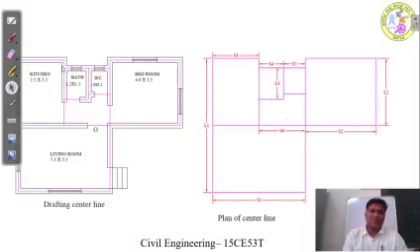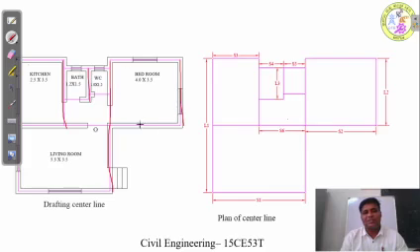So the first step, when you receive a plan, you have to create the center line for the drawing. Center line means, if the width of the wall is 300 mm, then 150 mm you are going to mark, and you have to prepare a center line in this manner. Since there is a wall here, you are going to draw a center line from here and from here to here, including openings, door openings you have to mark. And there is one wall here, and there is one wall here at the center, and there is one wall here.